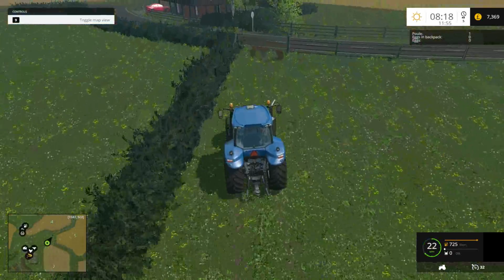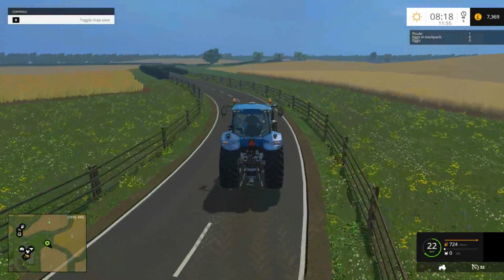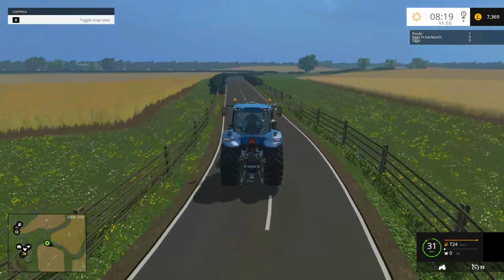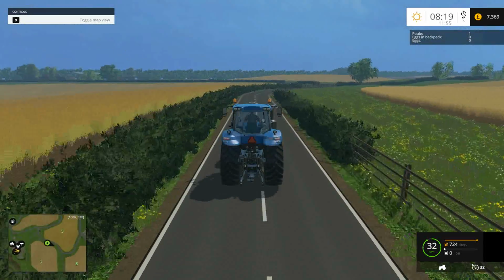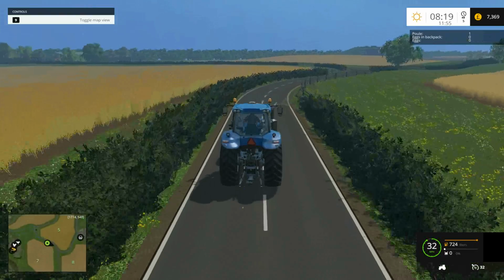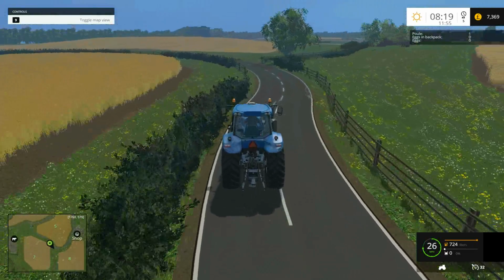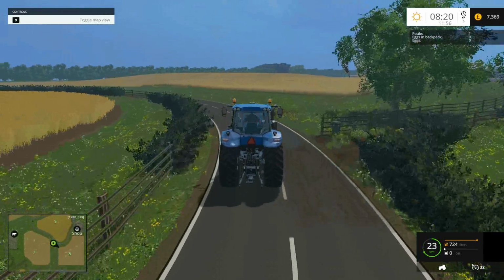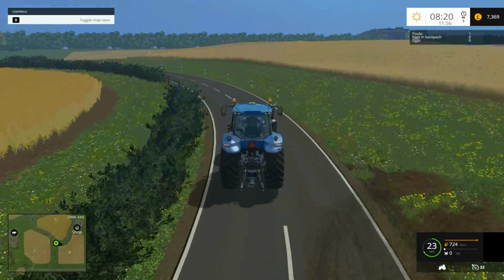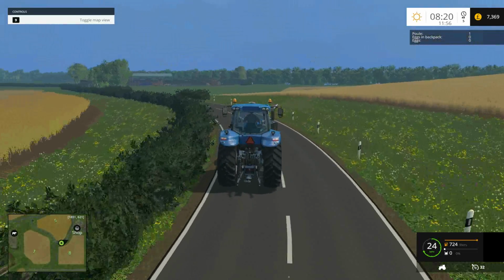And you've got this exit or entry point here that takes you back out onto the main road. Now, as always, all fences and hedges about fields are all non-collision. I would be confident enough to say that the map would be 99.9% hired help friendly. The fences that go around any of the